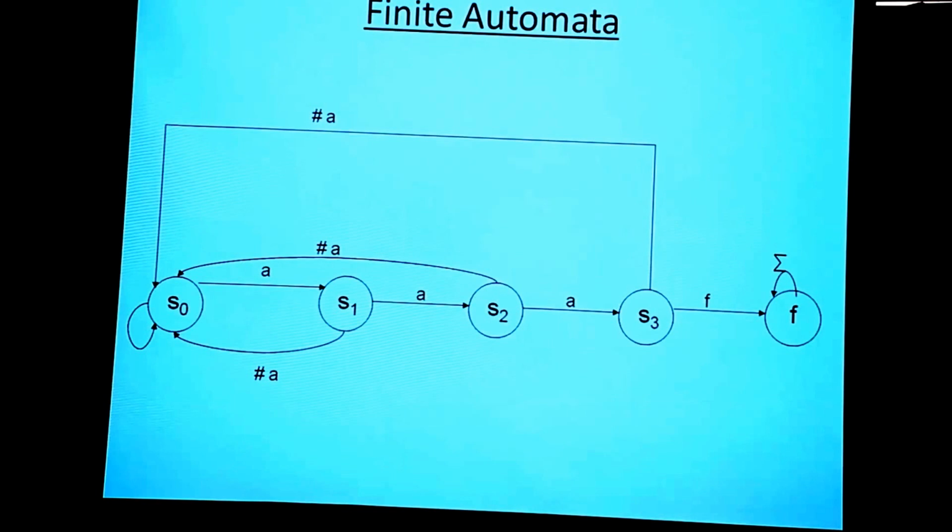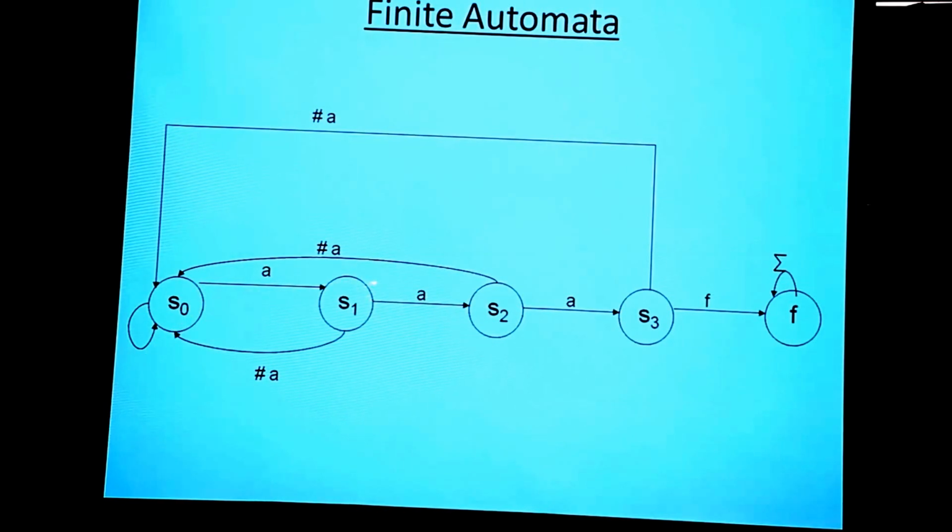Another approach is through finite automata. All of you are familiar with this. What is a finite automata? Given a pattern which is of much smaller size as compared to the text, we can design a finite automata to recognize those strings. That's how we define the finite automata, right? We want to design a finite automata that will recognize my pattern. So for this, the finite automata will look like this, starting from S0.